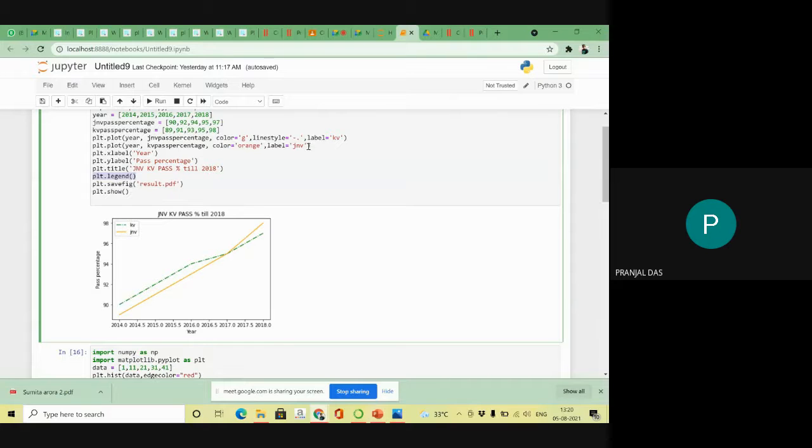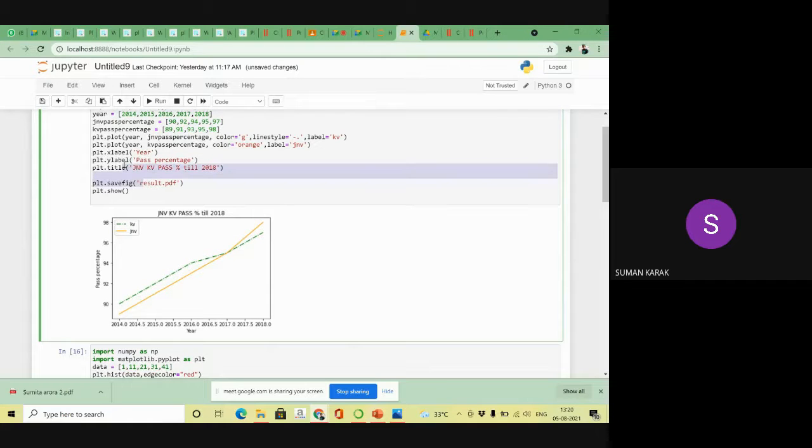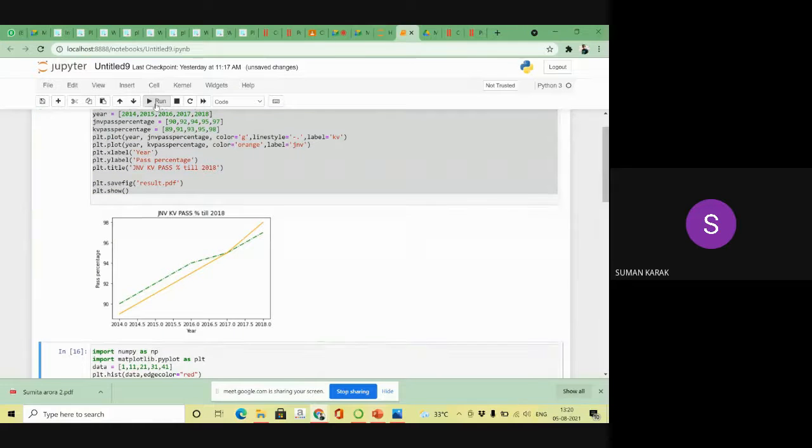Yes sir. Now your question is that sir, I already mentioned the label name in the first plot and second plot, then why do I mention plt.legend? So if I do not write the legend, then what happens? I think our code will show the error. Now we can see no name will be showing. No line name will be showing.